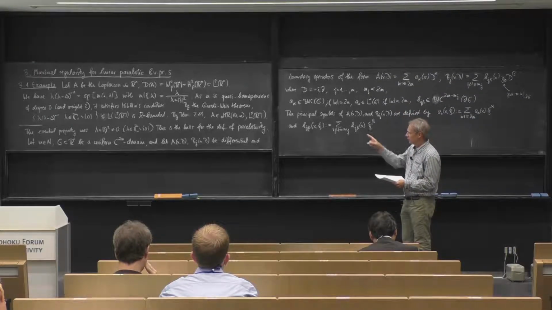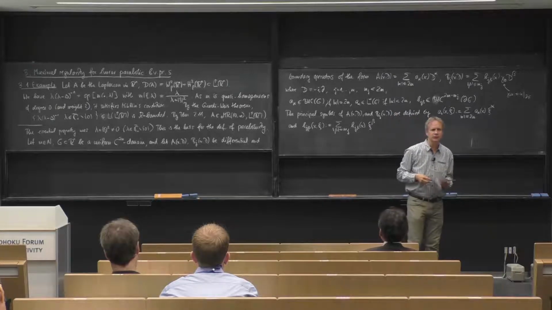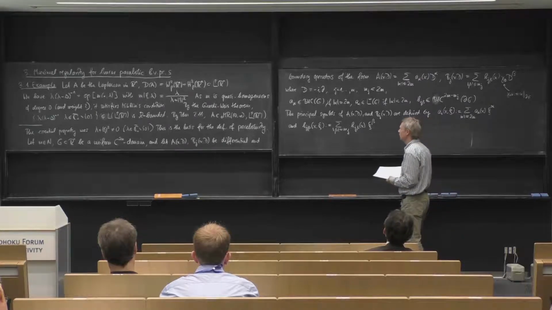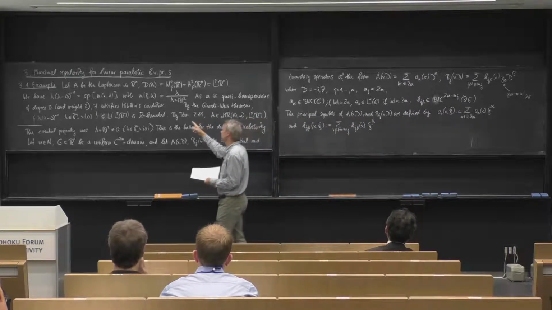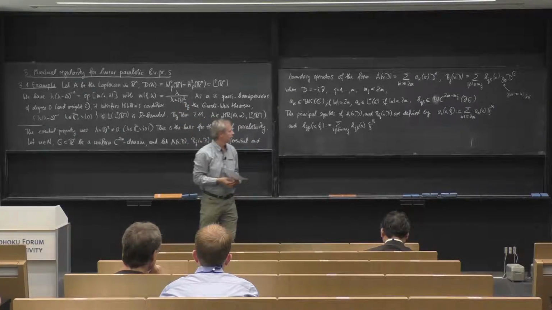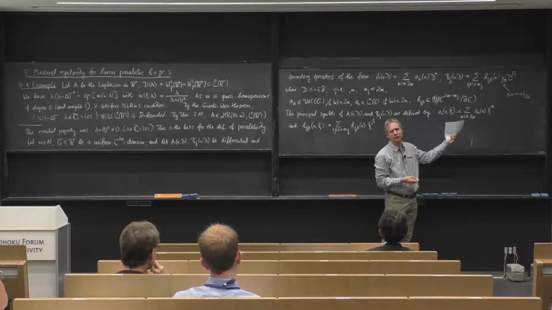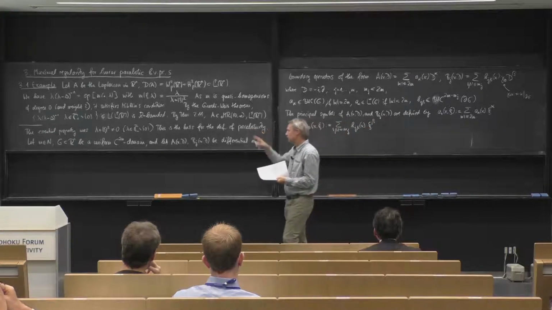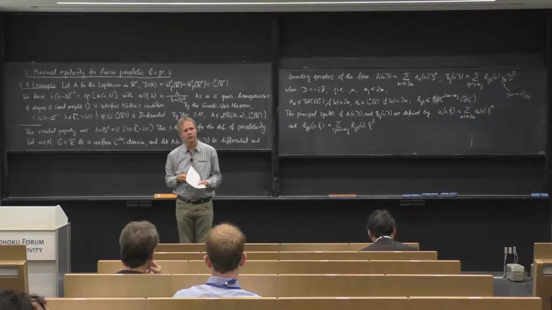And I start with a situation where I'm in the whole space, so then I have, of course, no boundary operators. So if this is defined in Rn, then I can omit the boundary operator, and then I'm in this situation here. And instead of lambda plus xi squared, we have now lambda minus the principal symbol. And the essential property here was that this does not vanish. And this is exactly the definition of parabolicity.